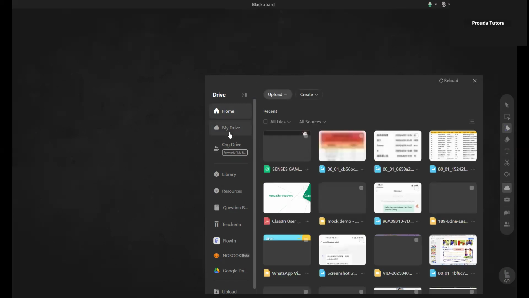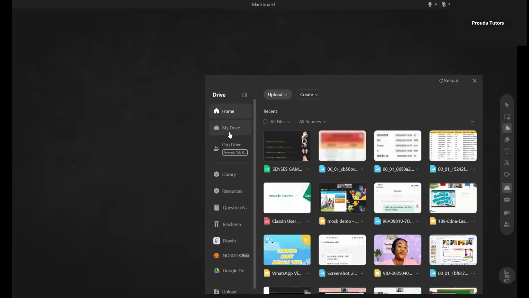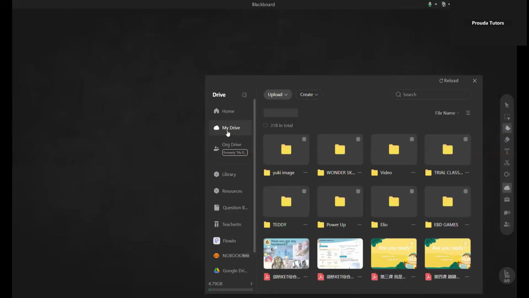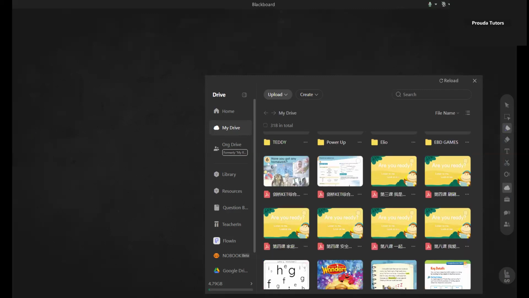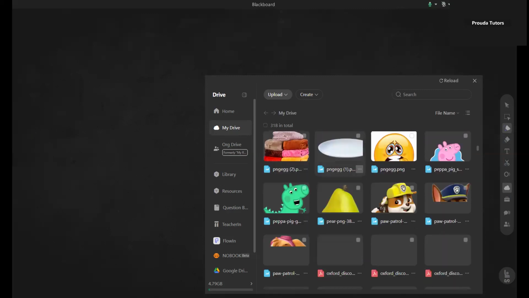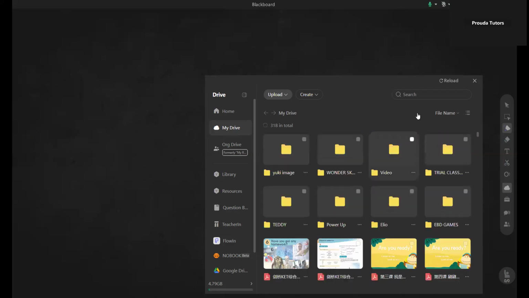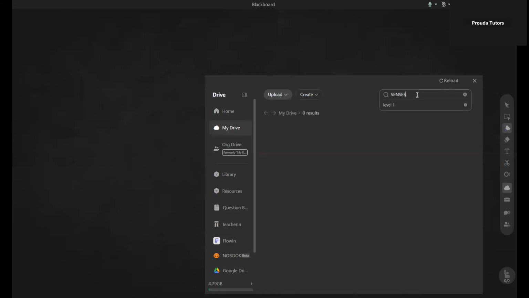You should see it under recent, or your recent folder. However, you can also go to my drive, click on my drive, and you would also see it there. You should see it around here somewhere. I have a lot right here, but you can search for it. So we saved it as census. Yeah, so here it is. So we click on it